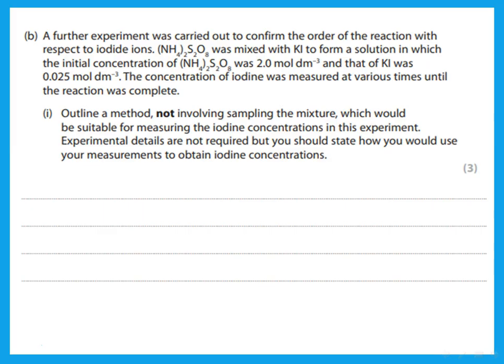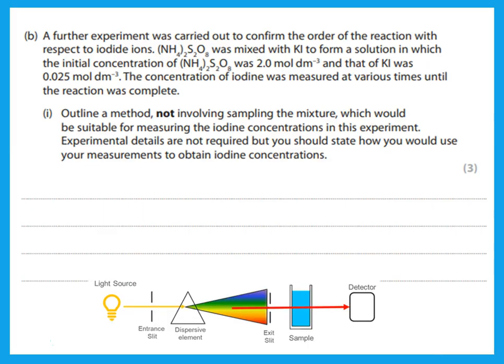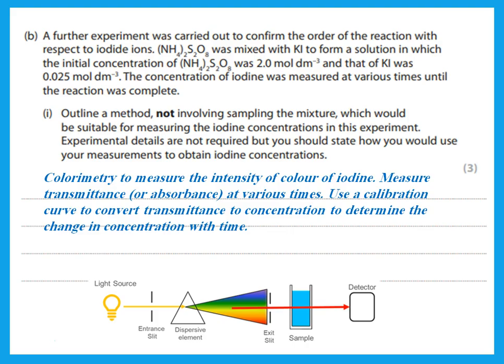The concentration of iodine was measured at various times. Outline a method not involving sampling the mixture, which would be suitable for measuring the iodine concentrations. Remember that when we have a reaction that has iodine, either we titrate it with thiosulfate using starch as indicator, or we do what? We do colorimetry. We said iodine has a color, so we measure the intensity of the color of the iodine